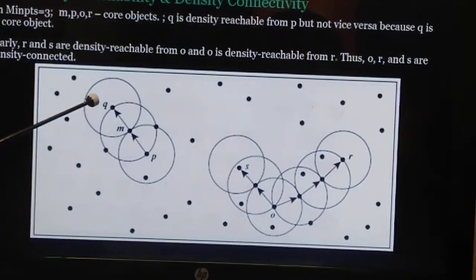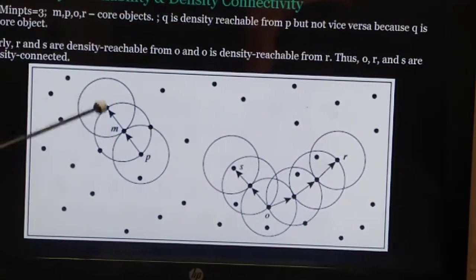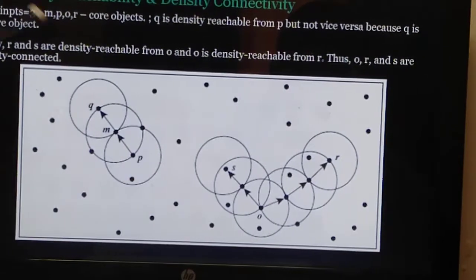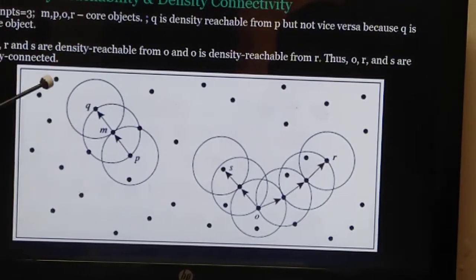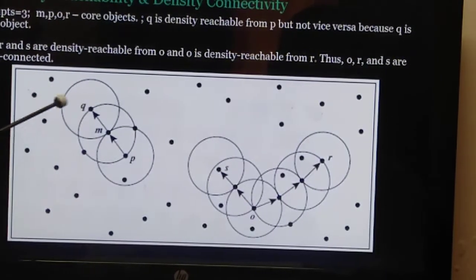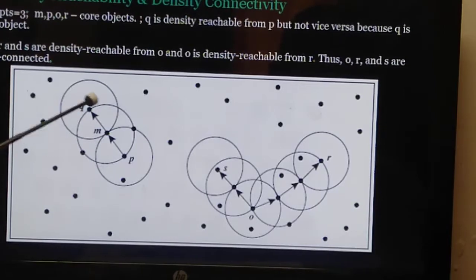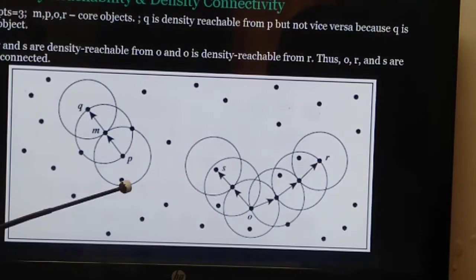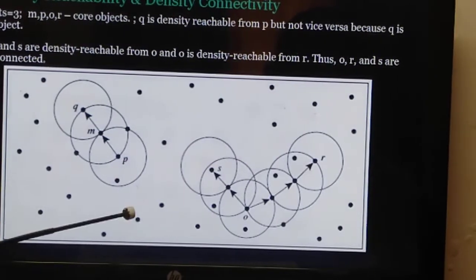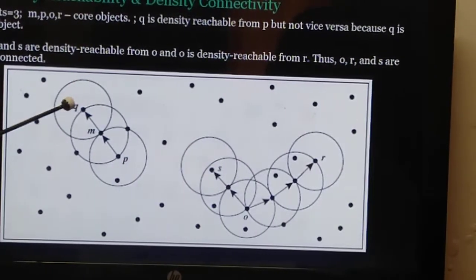So remember that density reachability is only possible from a core point to some other point. It is not possible to have density reachability from a noise or from a non-core point. So Q is density reachable from P, but P is not density reachable from Q because Q is not a core point.